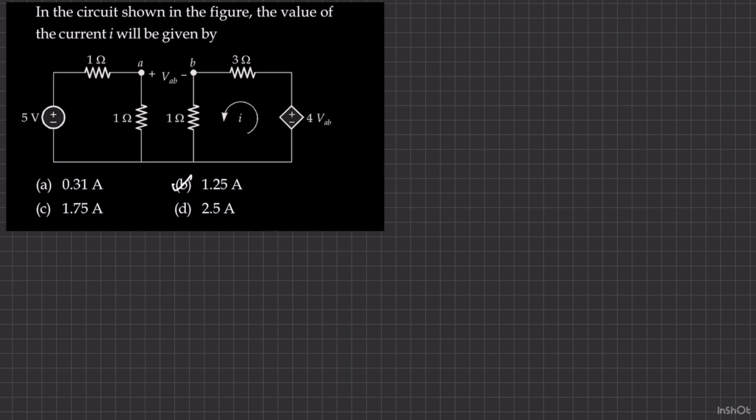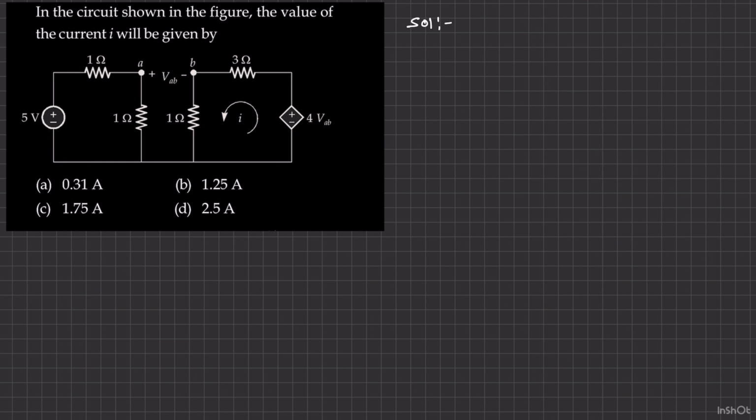Hi friends, this problem is a basic circuit analysis actually. So here it is asking the value of the current I in the right sided loop. So simply from the observation of the circuit,